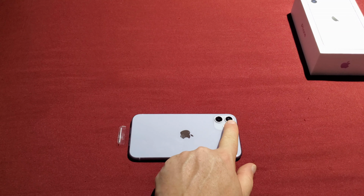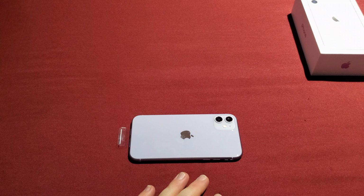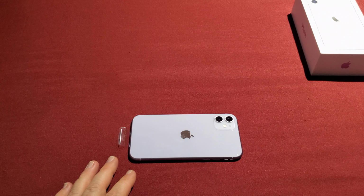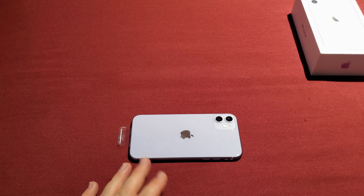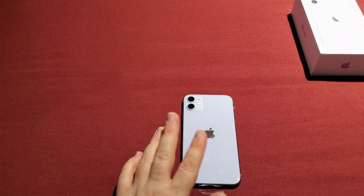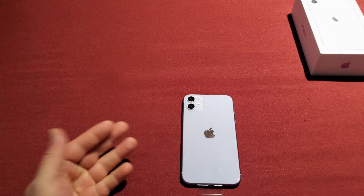Now the phone has 2 cameras. They're two 12 megapixel cameras. One's ultra wide, one's wide. The aperture on the ultra wide camera is 2.4. It's got a 120 degree field of view. The wide camera has an f1.8 aperture, and it's got 2x optical zoom out and up to 5x digital zoom. Now they're capable of recording 4K video at 24, 30, or 60 frames per second, or 1080 video at 30 or 60 frames. The wide camera has optical image stabilization,